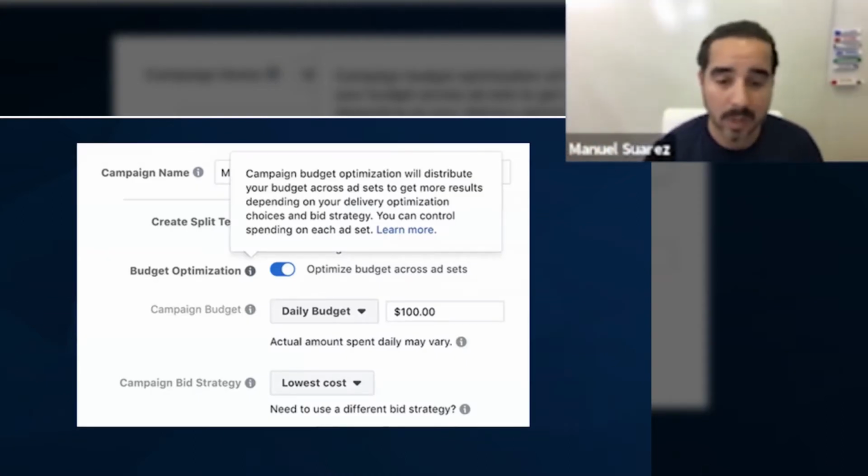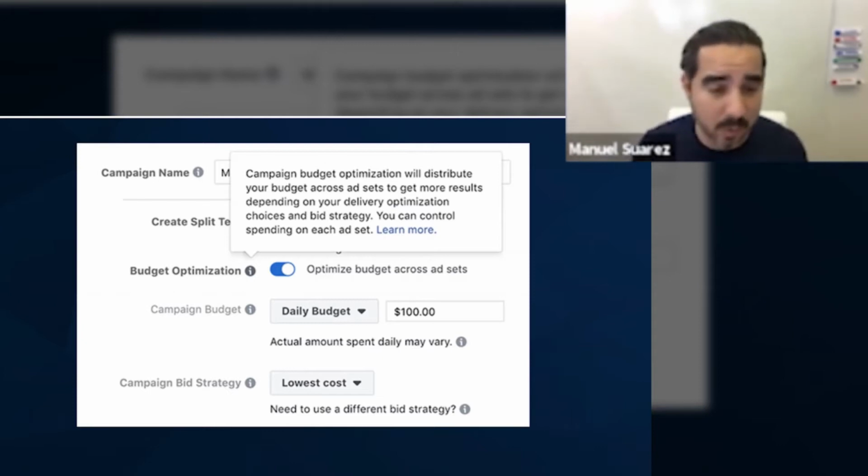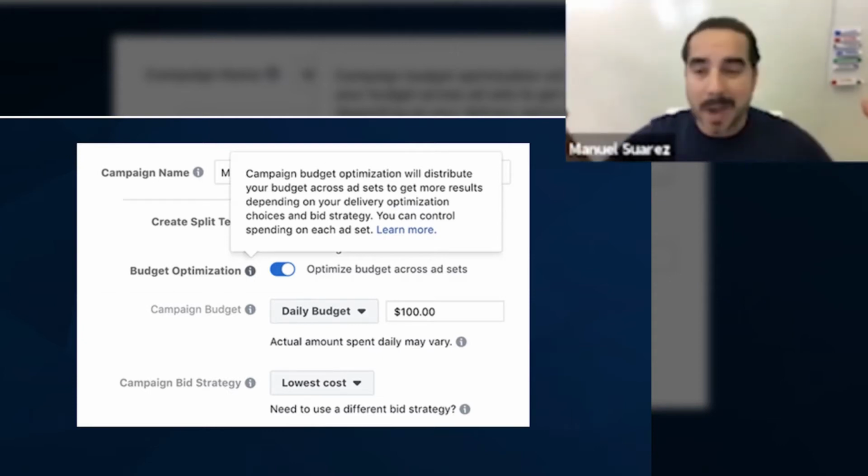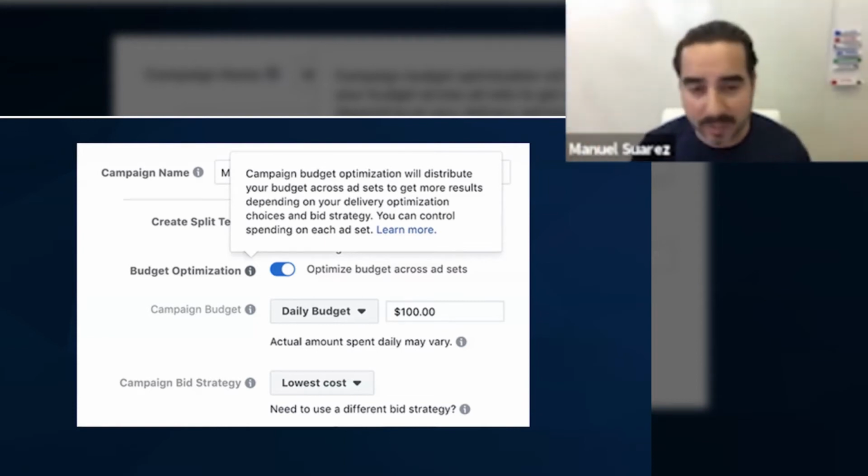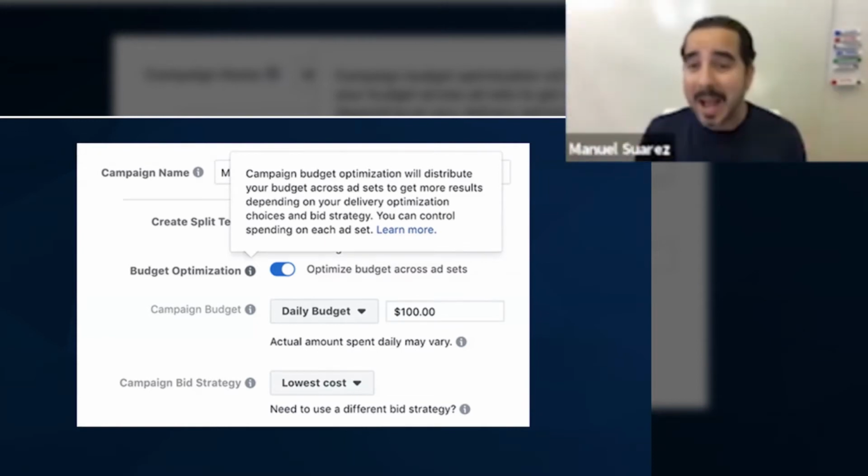So right now, again, things change really fast. So if you're watching this training in 2020 at some point or in December, it might have changed already. This is the game that I play. This is what I live every single day. I have to continuously update my training because Facebook is always updating and changing the platform. But right now, as of today, this is the way it looks.